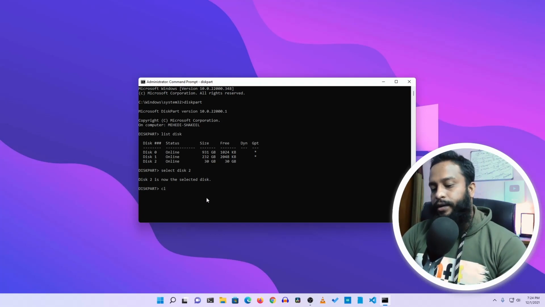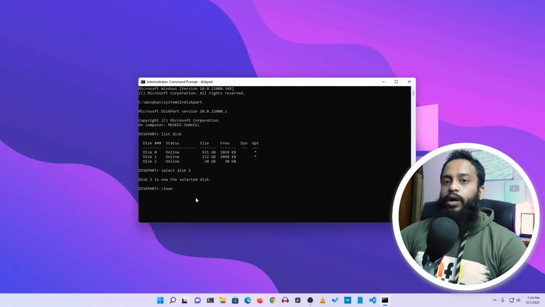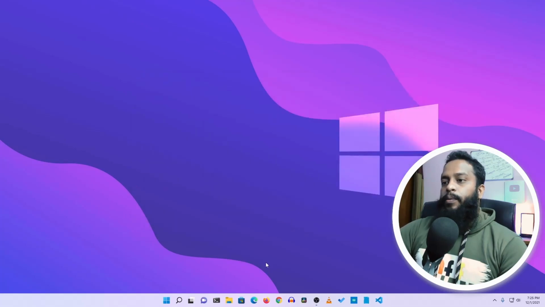Now type here clean. Now here you need to know one thing, all the data will be erased from my memory card. So you have to know this. So now let's hit enter, and also you can see this part is not working. Close the terminal, open up your browser